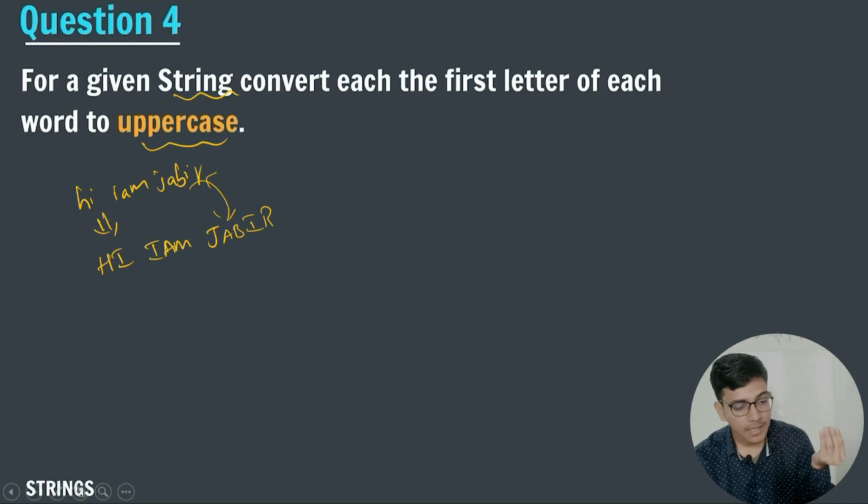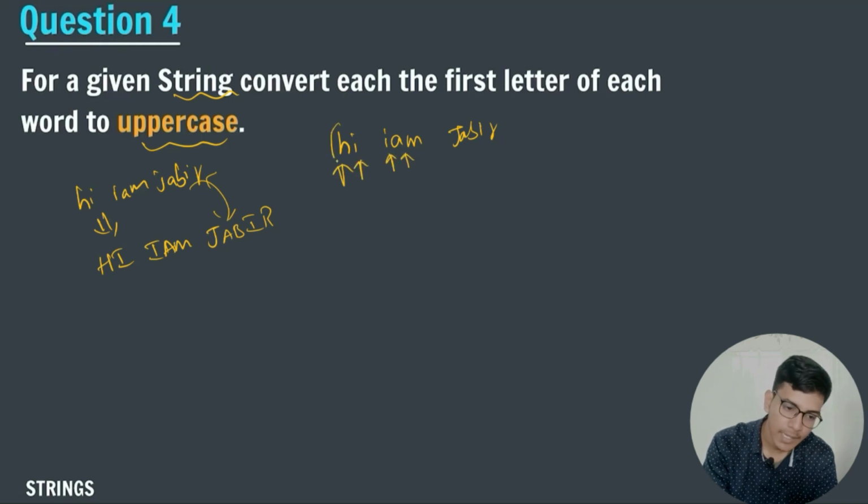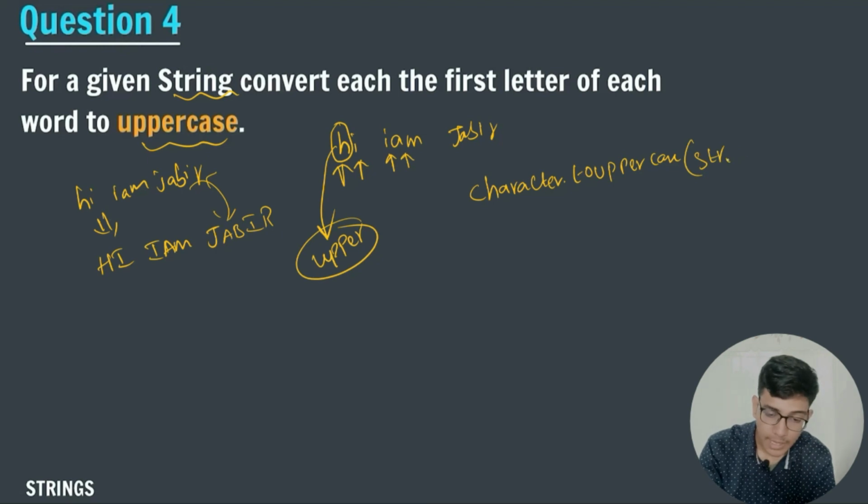Now to change the string to uppercase, first of all let us take this as my given string, right? String, hey I am Jabir, right? So I will traverse at each index, and I will take each character and I will change each character into uppercase. So to change each character into uppercase, what we can do, first of all, we'll use an inbuilt function, that is Character dot toUpperCase, and I will pass the character which is present at that particular index, that is